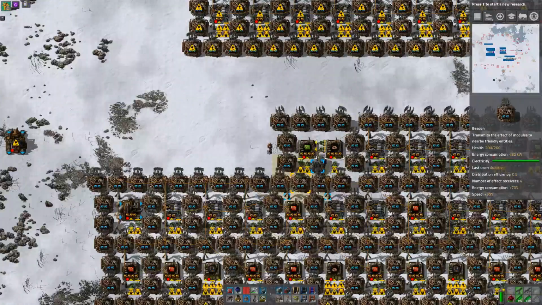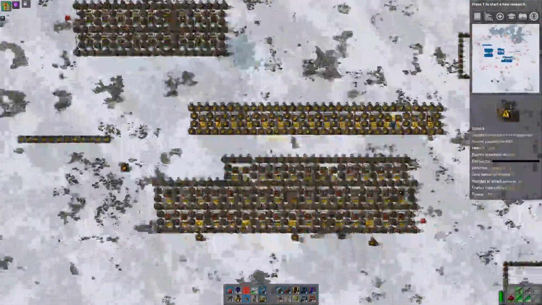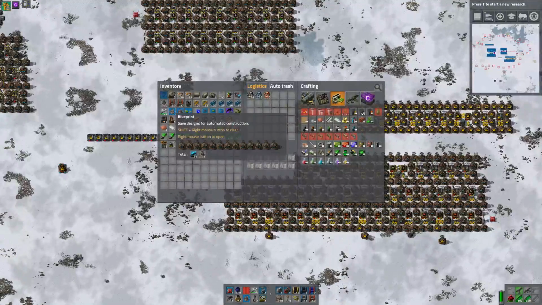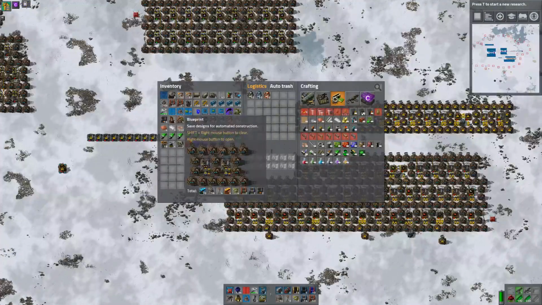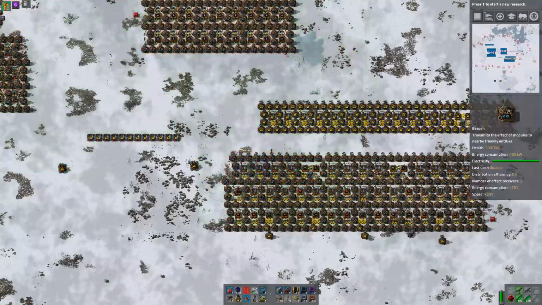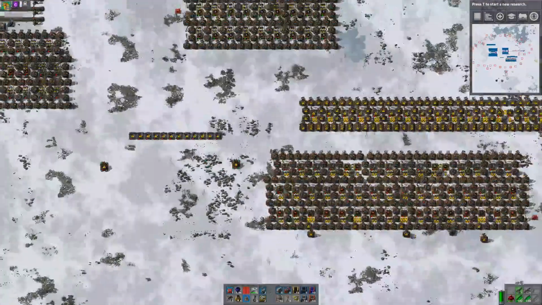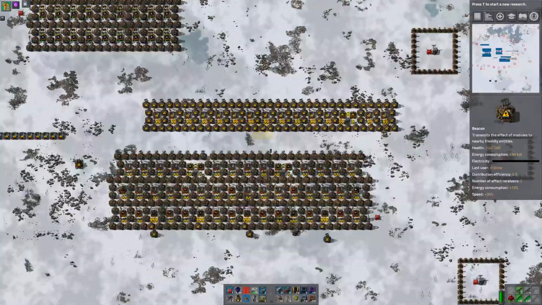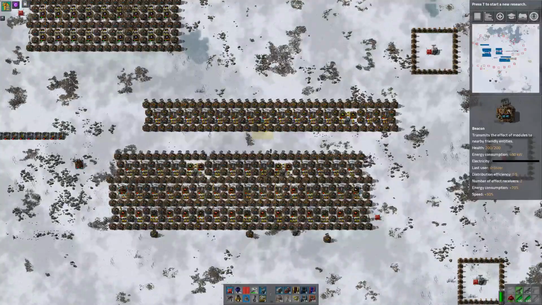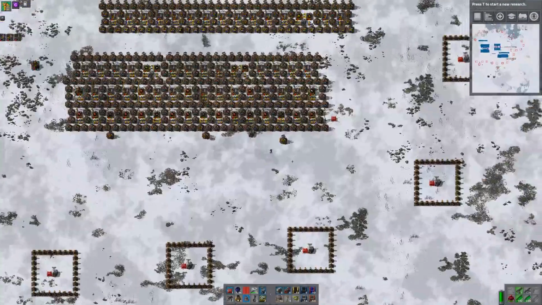Okay, this is rather tricky. Okay, so we have 4, 4. We need 4 more iron smelters. Let's double check these are iron smelters. Good. Yeah, so that's it. So, in principle, that is our half build. Okay. So,